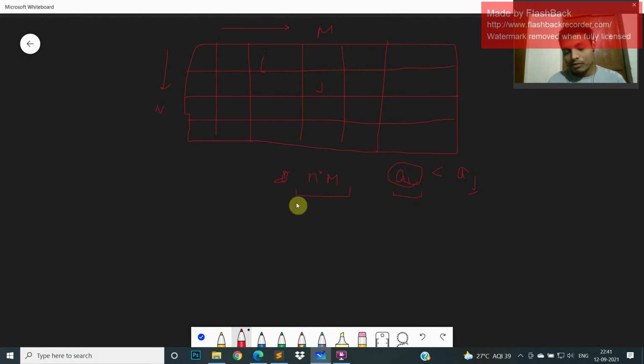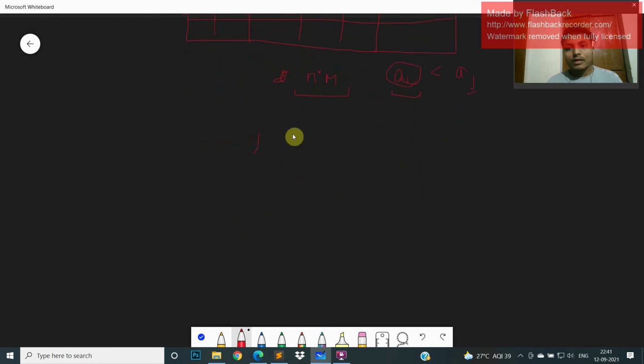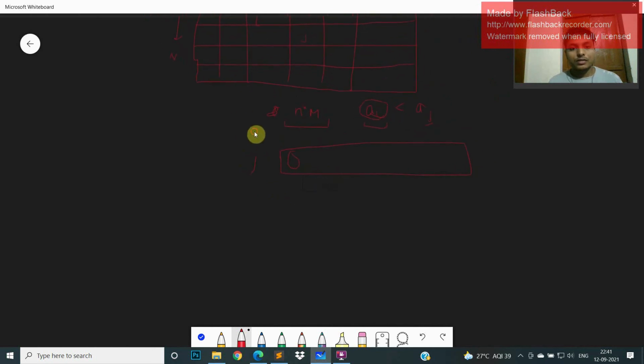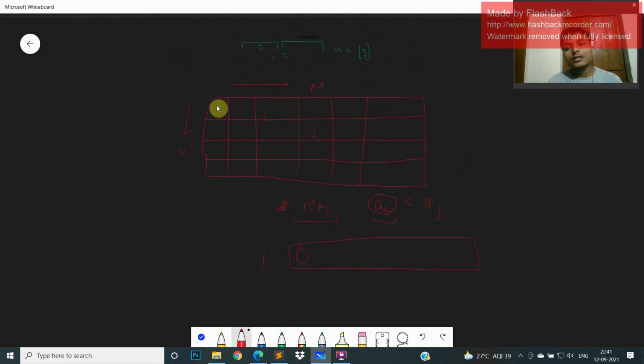So what I observe is that if I have all the people, then the person whose eyesight is weakest will be sitting at the first position. So what I can say is that here is the person whose eyesight is the weakest among all of them, and here is the second weakest, here is the third weakest, here is the fourth. That's it.